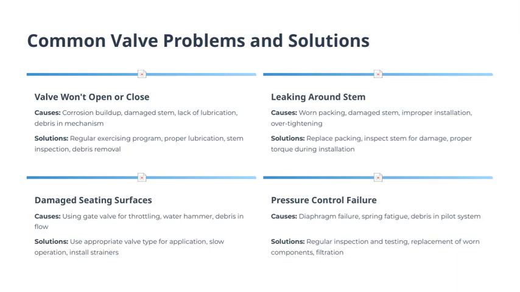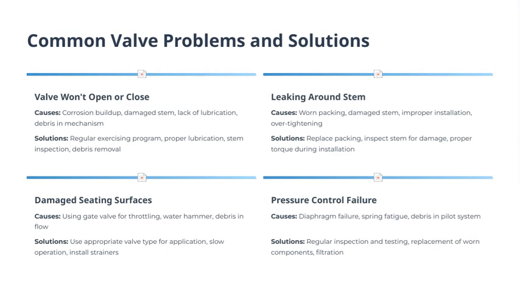Now, let's talk about some common valve problems and their solutions. First, pressure control failure can often be addressed by using the appropriate valve type for the specific application, ensuring that operations are slow and controlled, and by installing strainers to prevent debris from causing issues. Next, damaged seating surfaces usually occur due to worn packing, a damaged stem, improper installation, or over-tightening. To fix this, we should replace the packing, inspect the stem for any damage, and make sure the installation torque